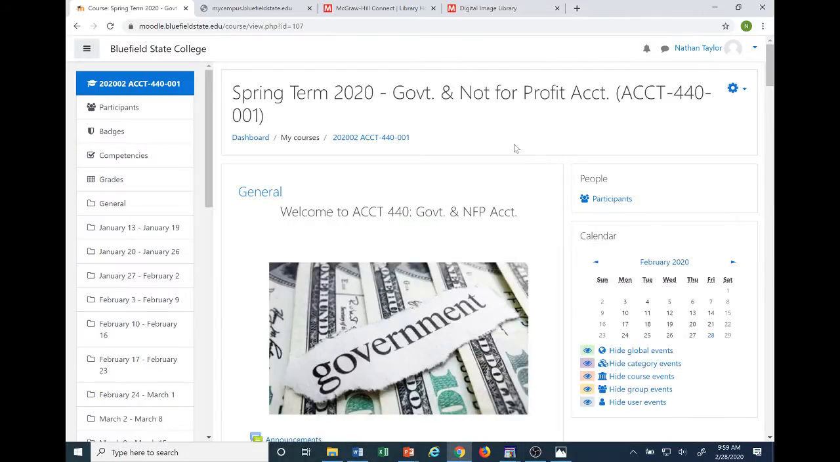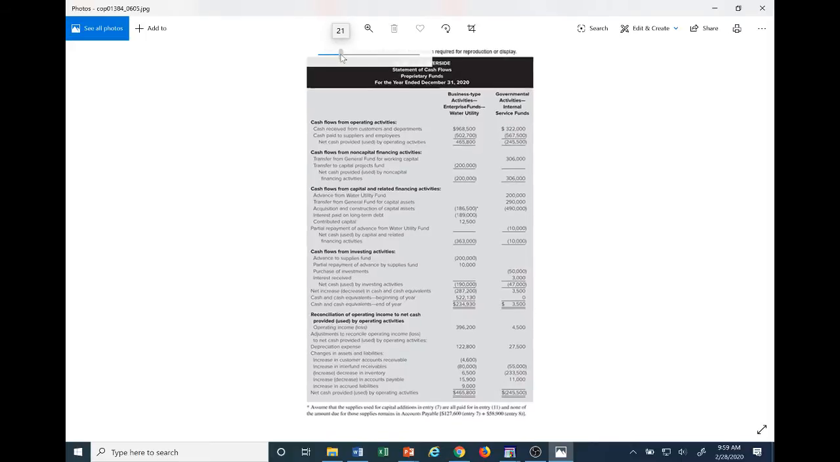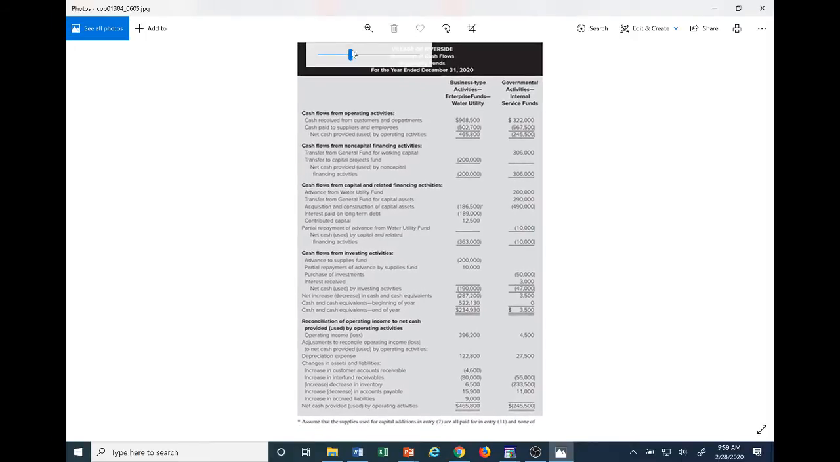Okay, welcome back, everybody. Today is Friday, and today we're going to start off by finishing up going over the statement of cash flows that we were talking about on Wednesday when we ended class. So we'll start here, going over the statement of cash flows a little bit to wrap up chapter 6,